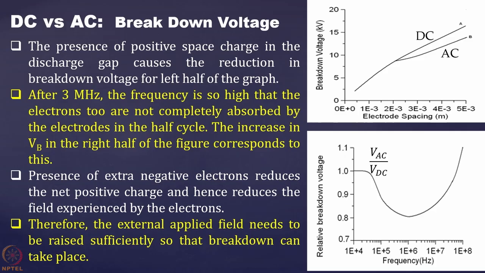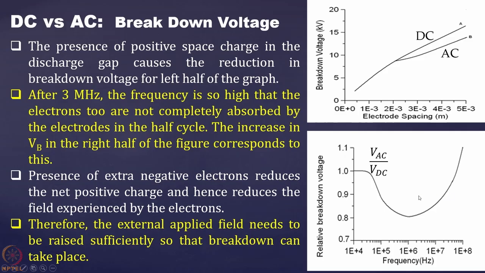Earlier you were getting space charge benefit because the positive space charge was creating additional field. Now, because of the accumulation of the electrons there, the positive space charge is reducing because it is getting cancelled by the negative electrons, which are not cleared from the tube because of the very high frequency. So as you keep on increasing, a time will come when none of the positive space charge is there; all is neutralized by the electrons. So at that time you will see no benefit of this